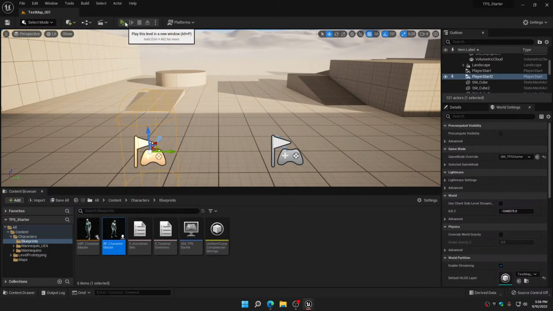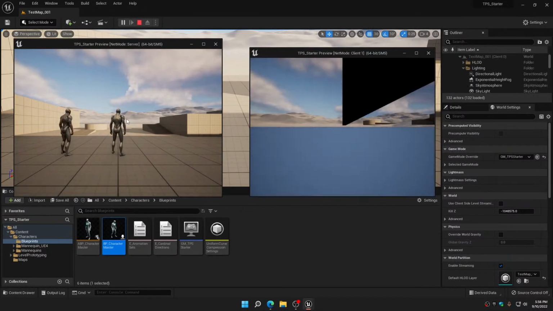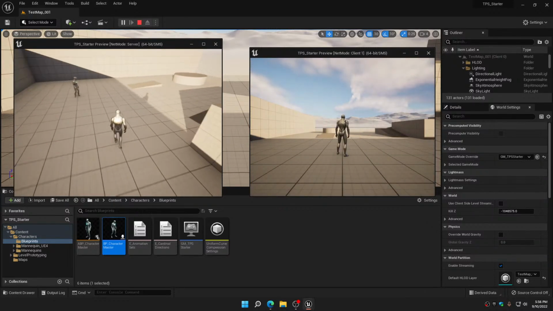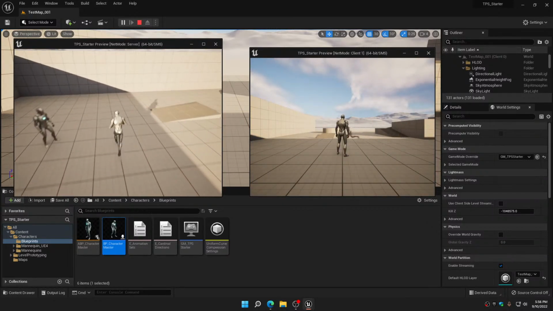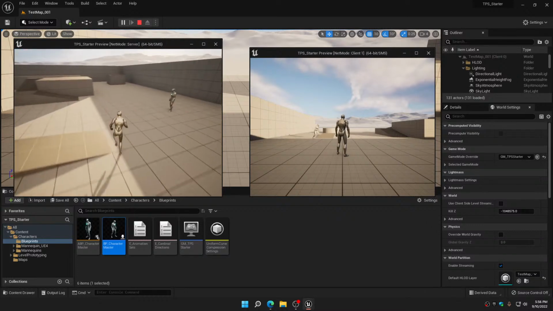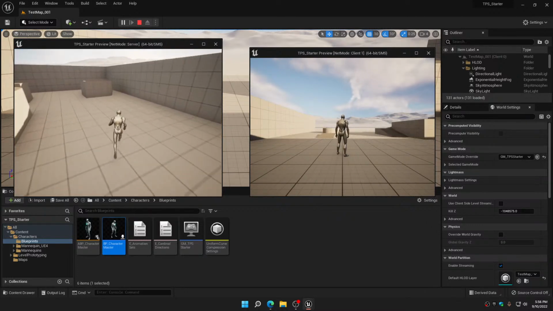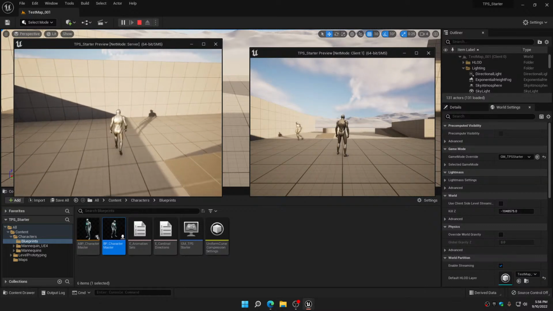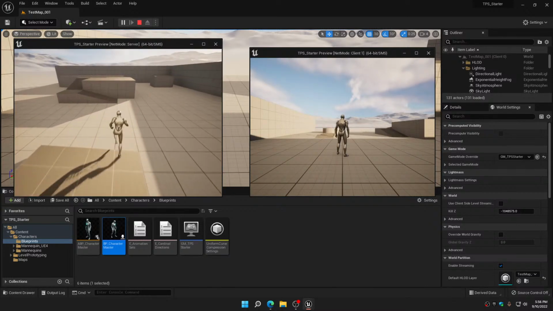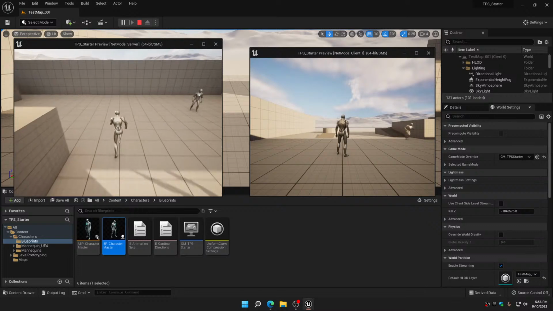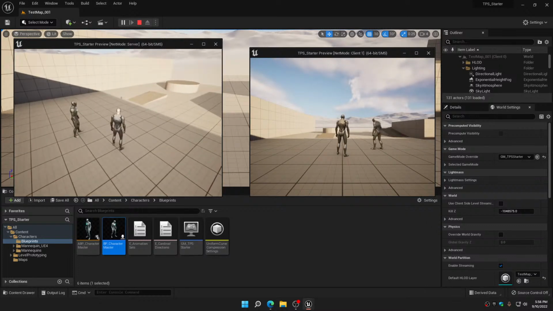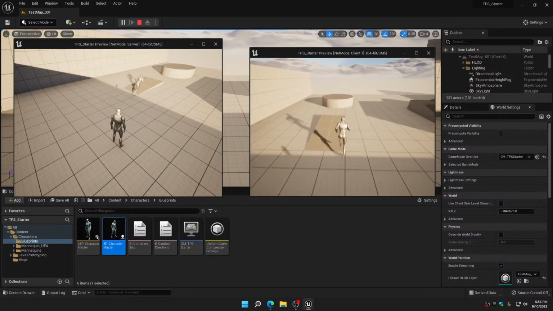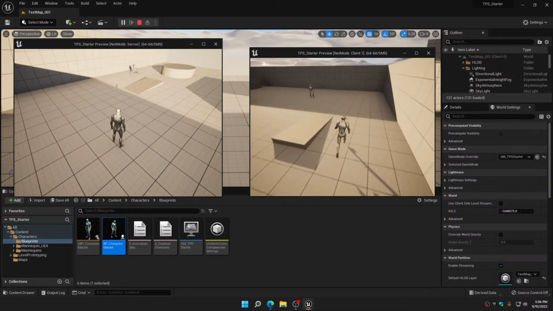So now we shall come back in here, and I am going to sprint. And you can see it did change the speed, and it changed the animation. See? On both screens. And now we need to check the client. So when he does it, you can see